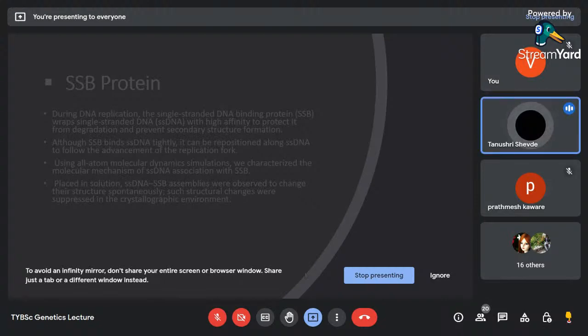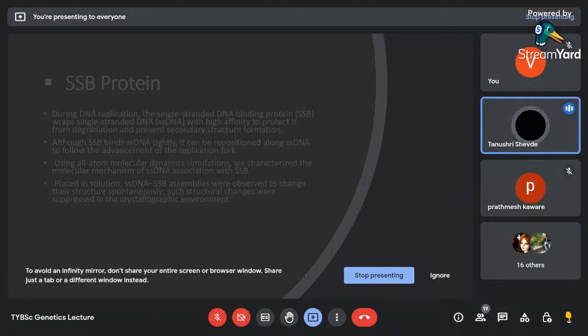Now SSB protein. It is also known as single-stranded binding protein. During DNA replication, the single-stranded DNA binding protein wraps single-stranded DNA with high affinity to protect it from degradation and prevent secondary structure formation. Although SSB binds single-stranded DNA tightly, it can be repositioned along single-stranded DNA to follow the